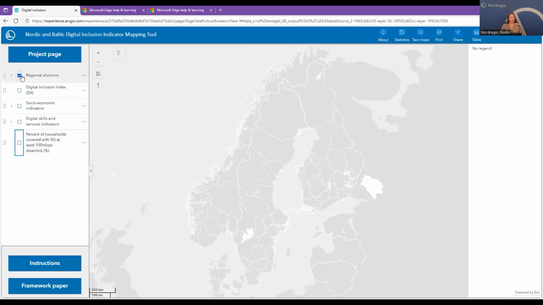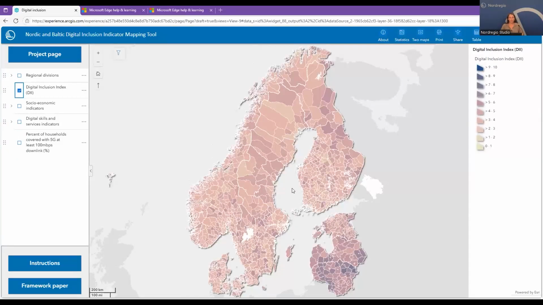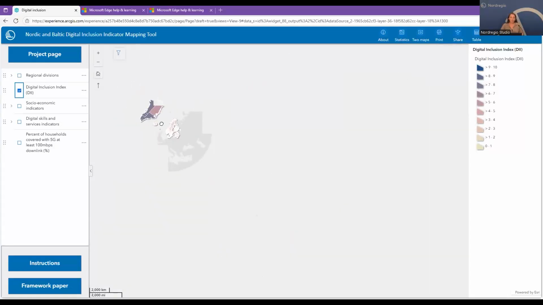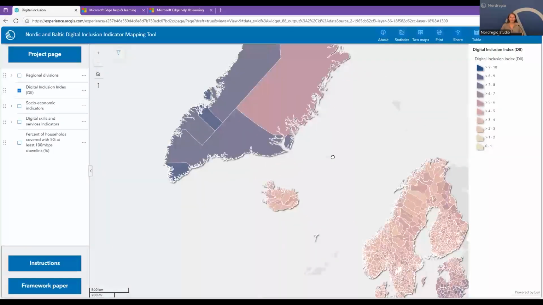The final layer is the product of this part of the project. This concerns the Digital Inclusion Index that varies from 0 to 10. I'm not going to go through the details, methodology and technical aspects of how we calculated this layer. Yes, I see the question.